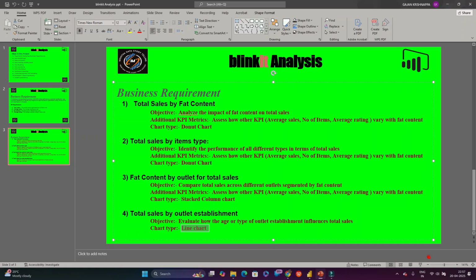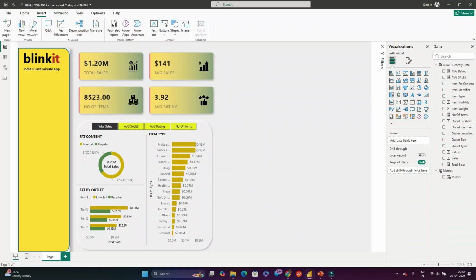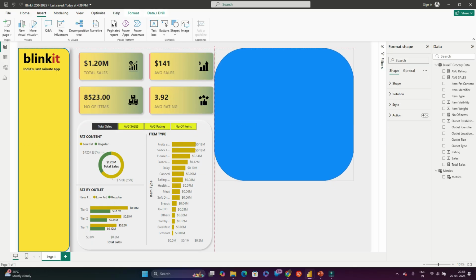Yes. So now we are going to create another chart, that is total sales by outlet establishment. So the main objective is to evaluate how the age or type of the outlet establishment influence the total sales. So we are going to use the chart as line chart. Let's go. Before that, let's flat area, we need to create formatting like